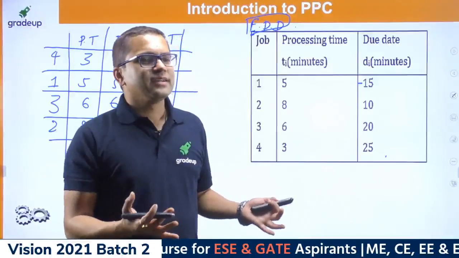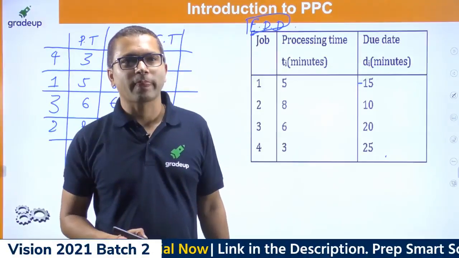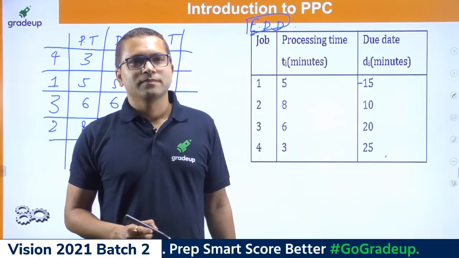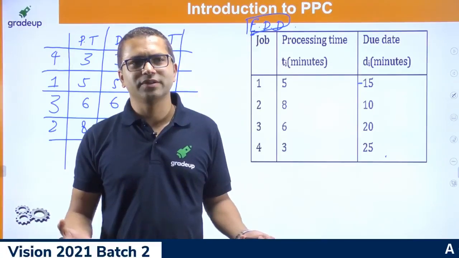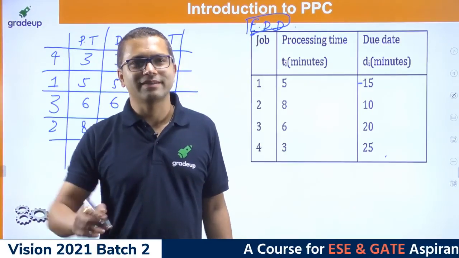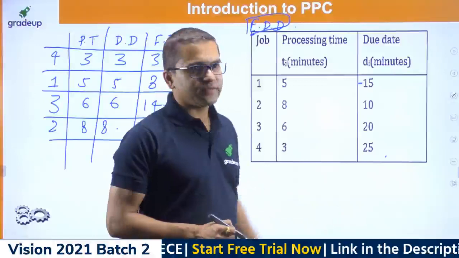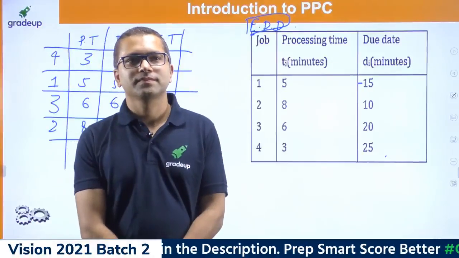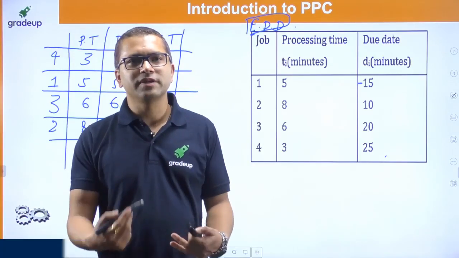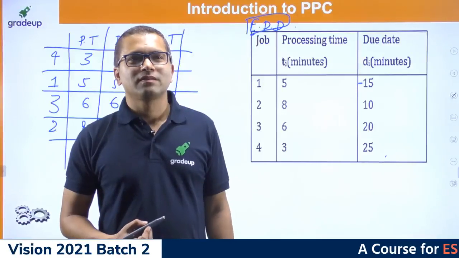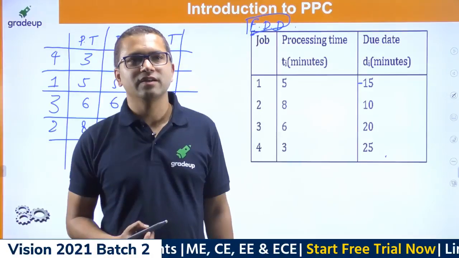Let's say such a kind of question comes up in GATE. Then what? The only problem is that people are just trying to solve questions, and that is not going to take you up. So what is the meaning of this minus 15? Can you think of something? Delay of 15 days. Naveen says delay of 15 days.